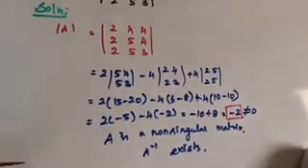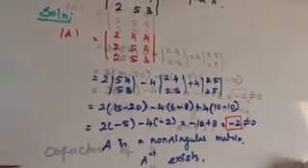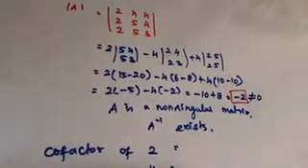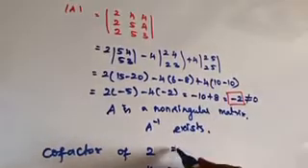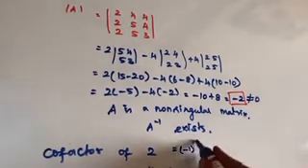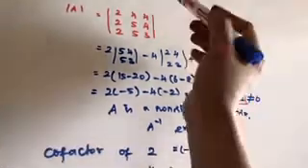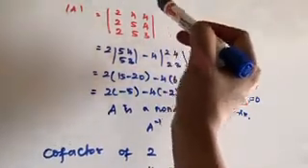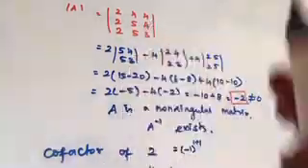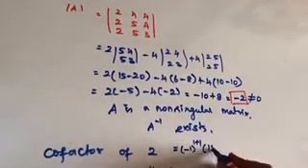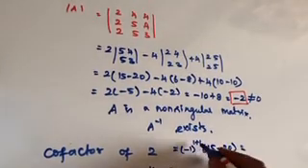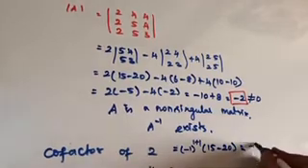Now, we have to find the cofactor of this matrix. So, cofactor of all the elements we have to calculate. So, cofactor of 2, 2 is in the first position, right? First row, first column. So, minus 1 power 1 plus 1 and its minor. Its minor is |5, 4; 5, 3|, right? So, we can cross multiply it. 5 3s are 15 minus 20, which is minus 5. Minus 1 power 1 plus 1 is plus 1. The value is minus 5.